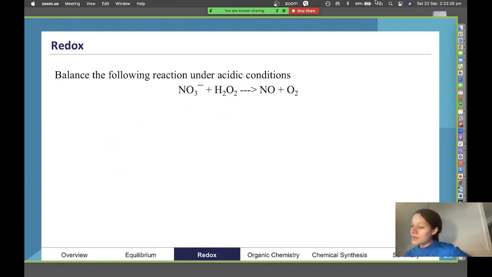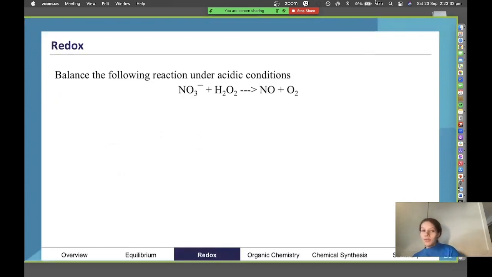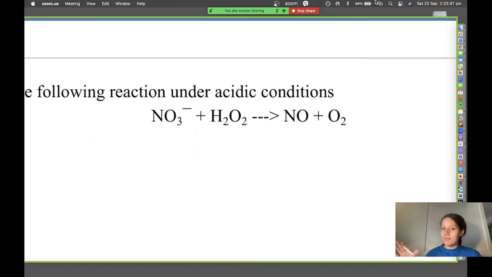Okay, cool. So we've got 2 more redox questions. We'll go through those, and then we'll have a brief 5-minute break or so, to let you go to the bathroom and ask any questions, and we can answer them before we go into the Unit 4 revision. So again, we have another balancing redox question.